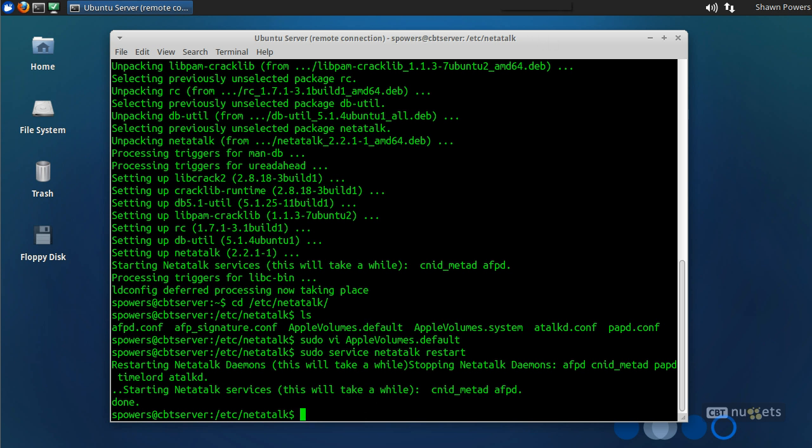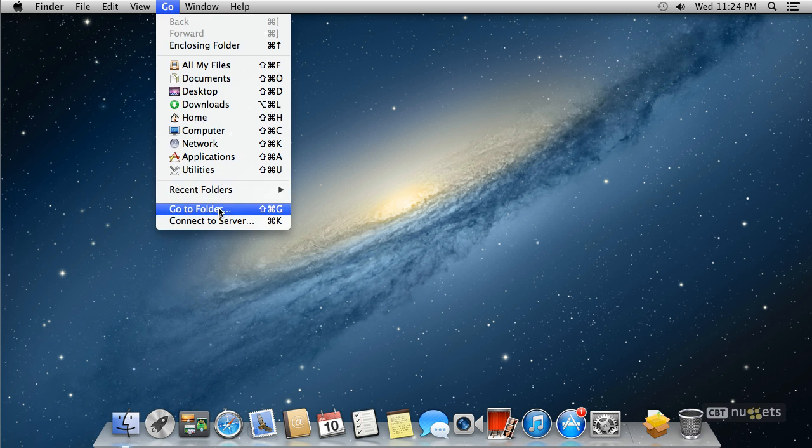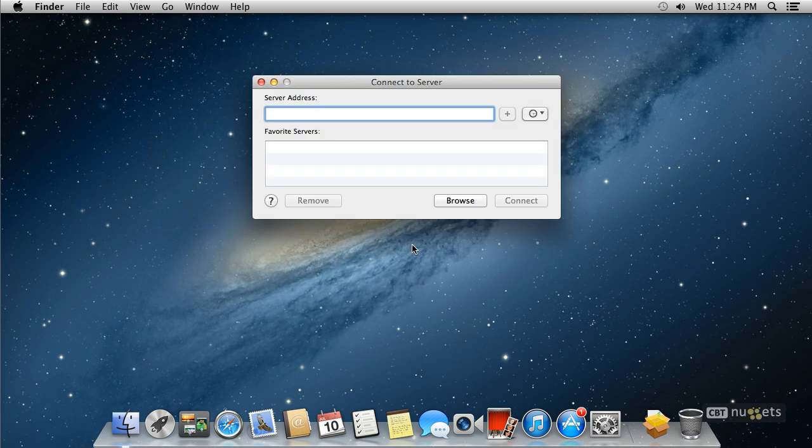Let's switch over to OS X. All right, here we are in Mac OS X. Apparently there's an update. I'm not going to install that right now. But let's go to Go, Connect to Server, and then AFP. We want to make sure that it connects to our server with AFP, or Apple File Protocol, as opposed to Samba, because we have both AFP and SMB installed on the server now, right? We just installed both. So we want AFP, //